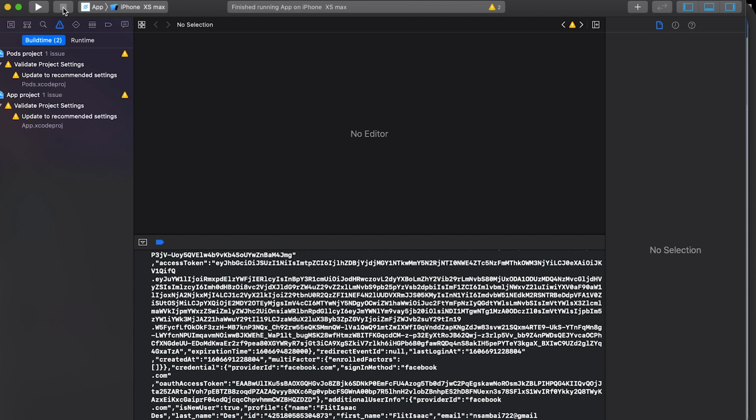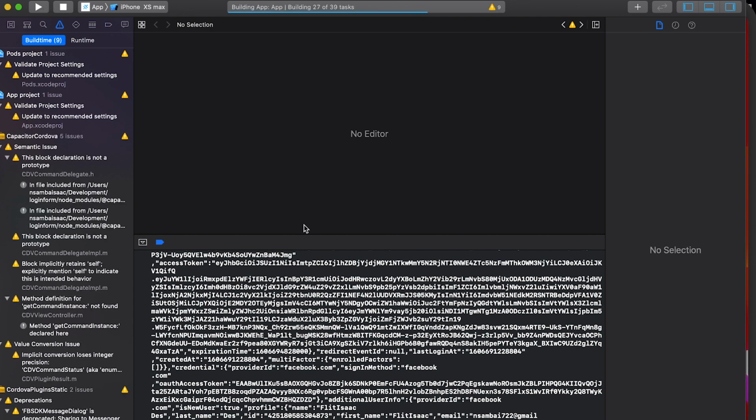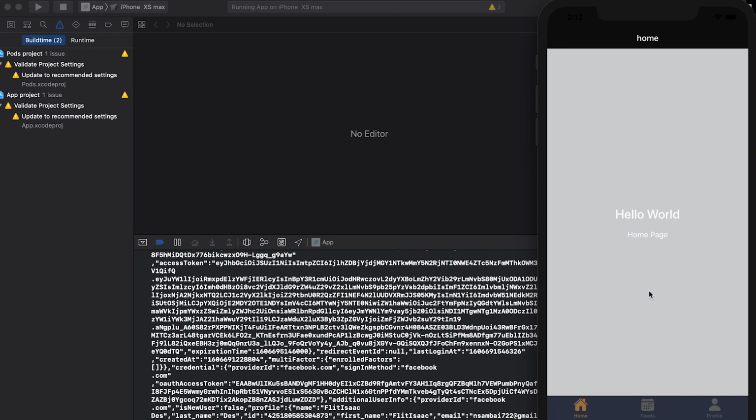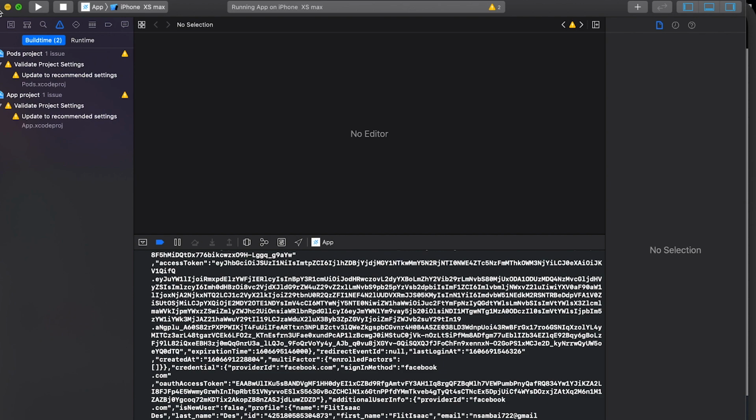Alright, so now let's run our application. Our user has been successfully logged in and also navigated to our tabs page. Let's see how we can do the same with Android Studio. Remember, we have been using iOS, so I will go ahead and